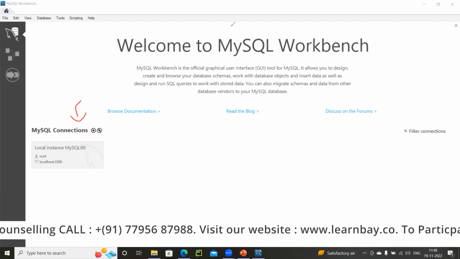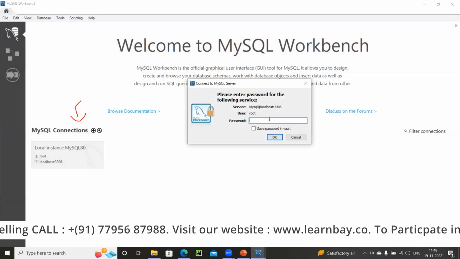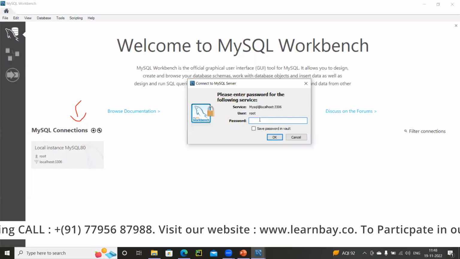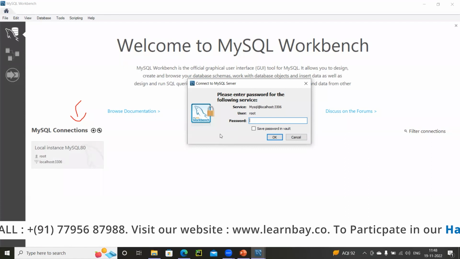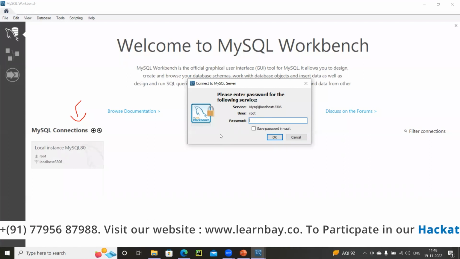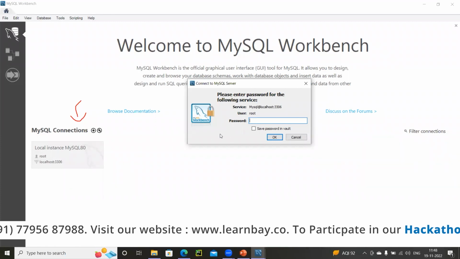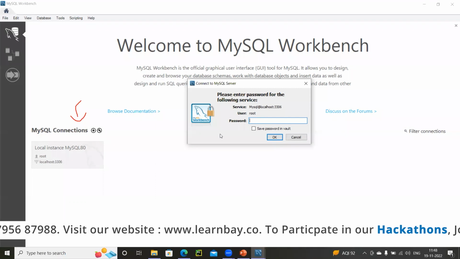The moment I click on this instance, you will be asked for the username and the password. The default username for all of us would be root, unless you manually change it. By default, when I download MySQL Workbench and have it on my system, my default username will always be root.